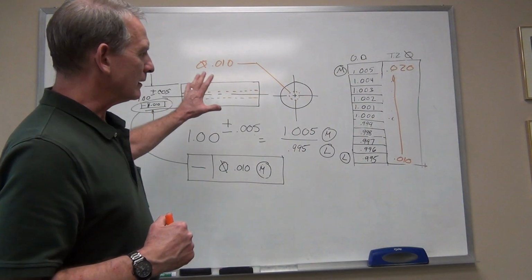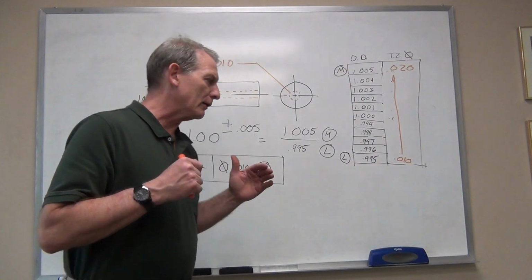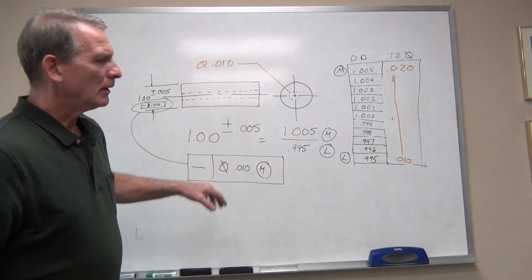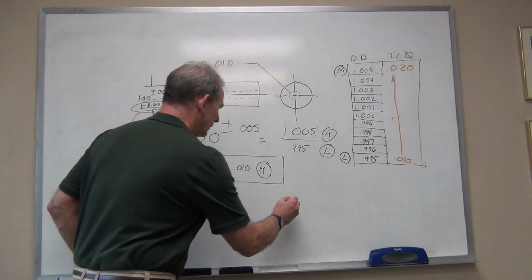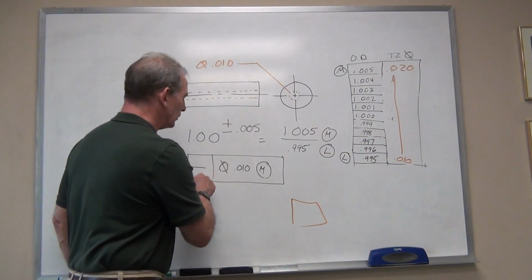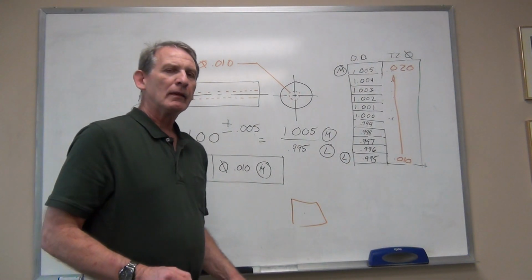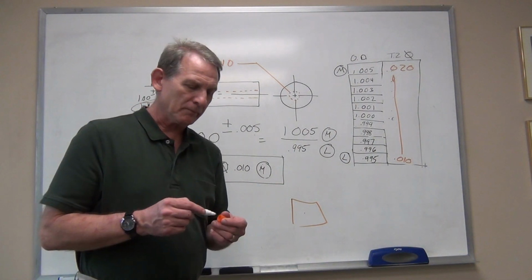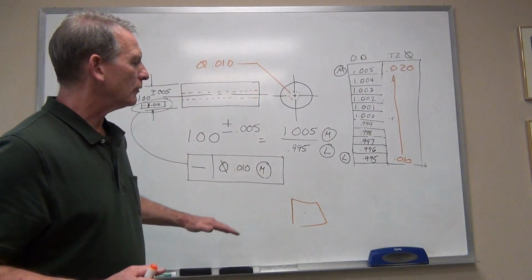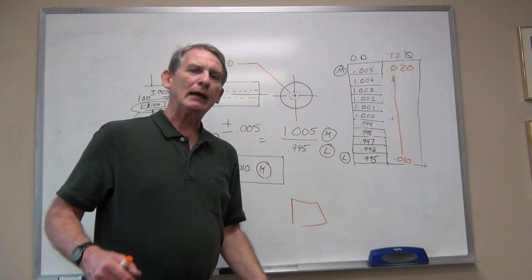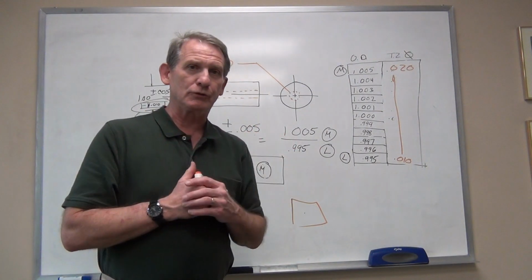Okay, so this is, again, a brief summary. I'll try to highlight some of this as we go along. We're going to see material condition modifiers applied to the feature. When we get into orientation now, we're also going to have an additional box here. I won't draw it here because we know that we don't put a datum here, but in the datum box of an orientation control, that's a feature too. That datum is a feature, and we can adjust the tolerance zone based on the size of the feature itself or the datum feature. So you can actually stack up these modifiers and you can end up with a pretty large tolerance zone